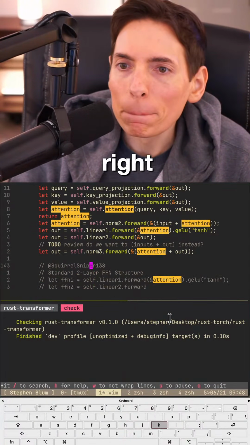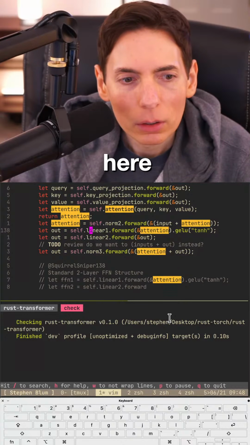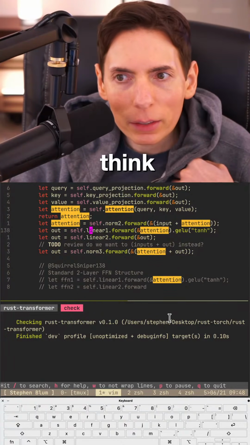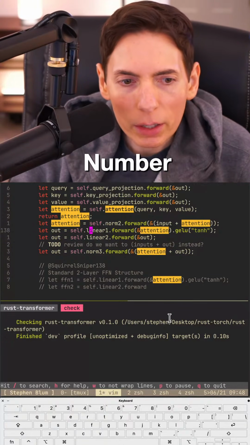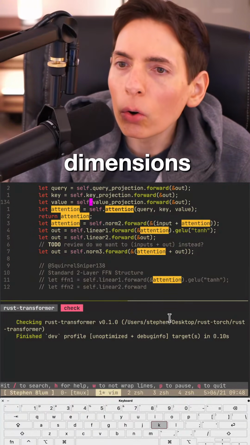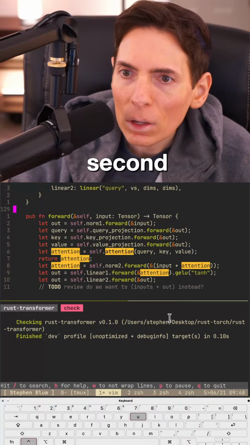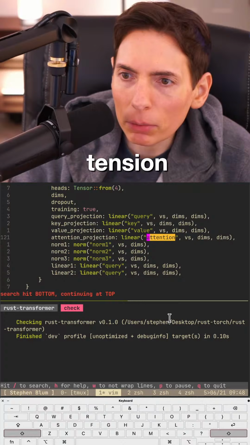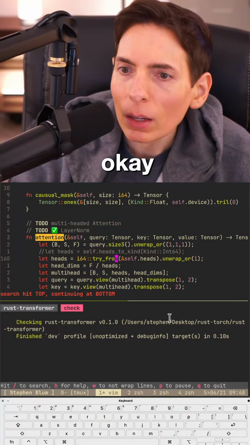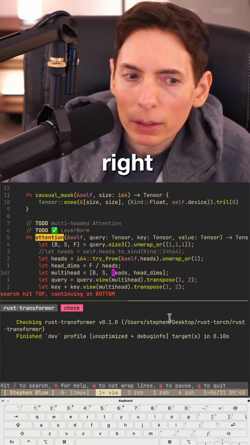All right. I'm almost good here. So let me think about this real quick. All right, so I've got number of heads, head dimensions. Okay, I need to flip this, right?